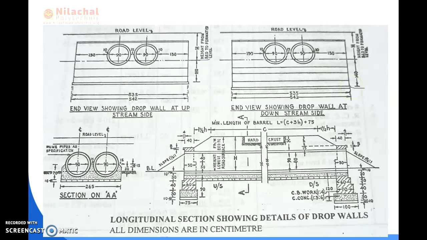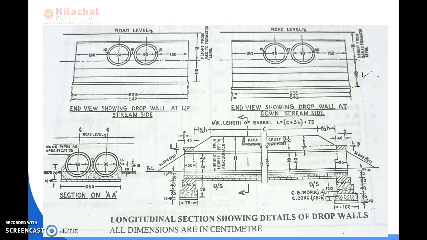Here the swelling is provided 10 cm thick, and from the swelling ending point to the bed level the distance is equal to how much? 140. Okay, 140 plus the swelling thickness of 10 cm. What is the total height of the excavation? 150. So the vertical distance here is equal to 150.